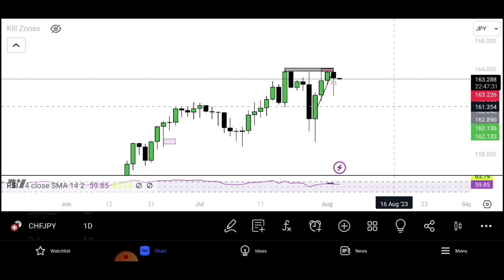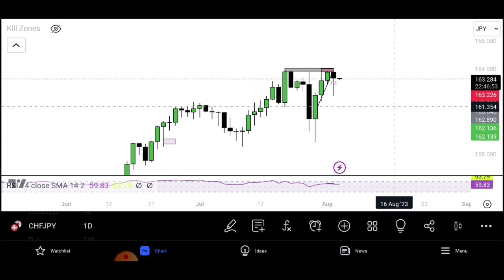First of all, I was looking at three simple things. You know I love keeping it simple, very simple. The first thing I was looking at was higher time frame resistance. The second thing was lower time frame RSI divergence. And the third thing was